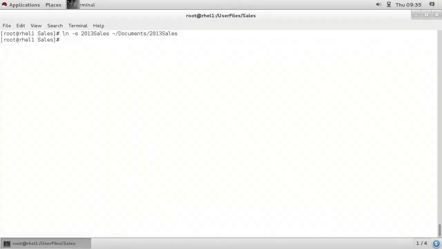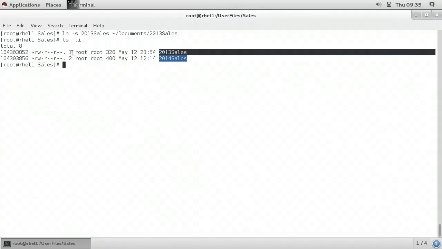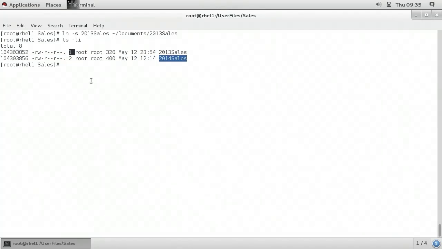Now, if I do an ls -li in the current directory, notice for the 2013 sales file, in the link count column, it still only says 1. Well, that number only increments when we build hard links. It does not increment when we build soft links. Also, take note of the inode number. For the 2013 sales file, it's